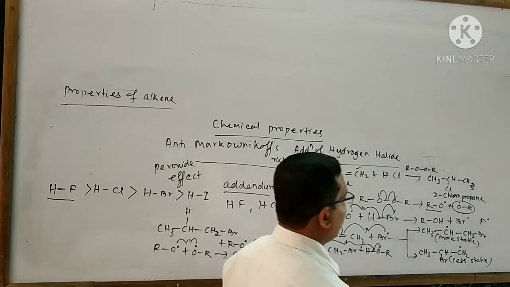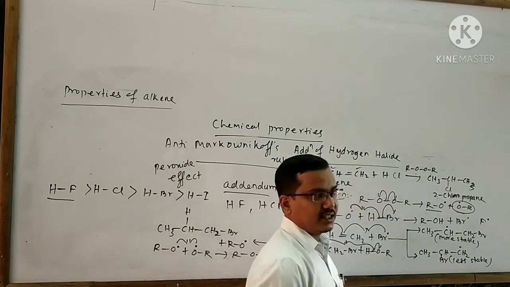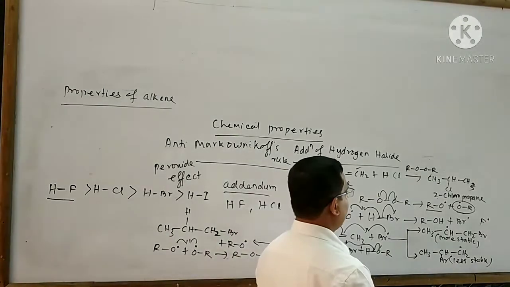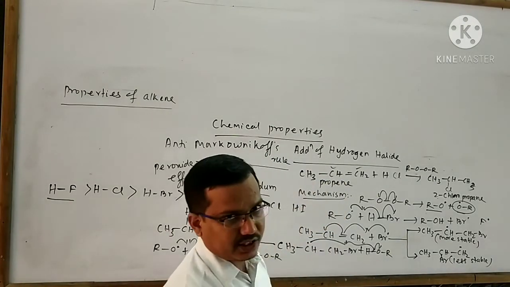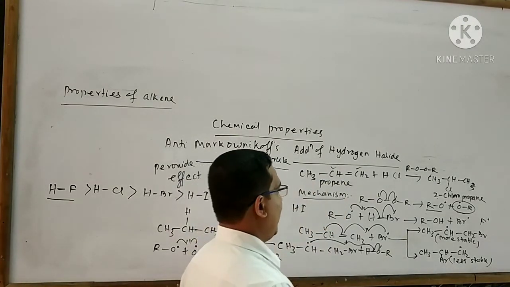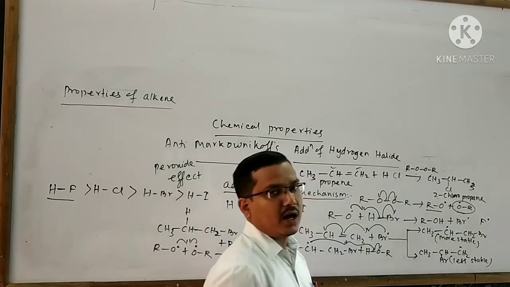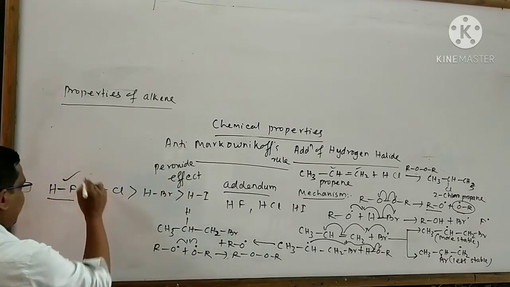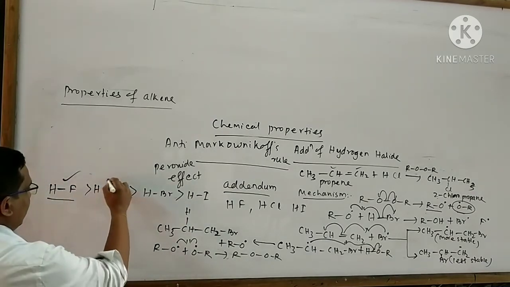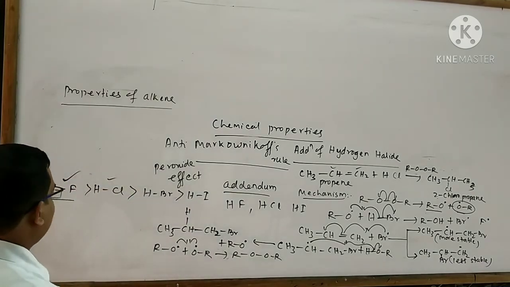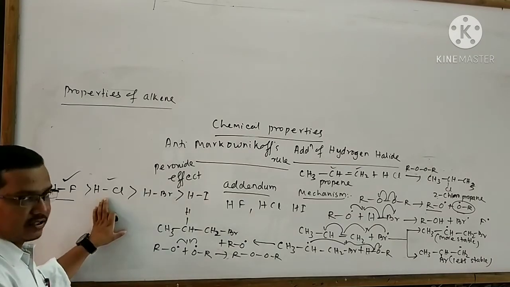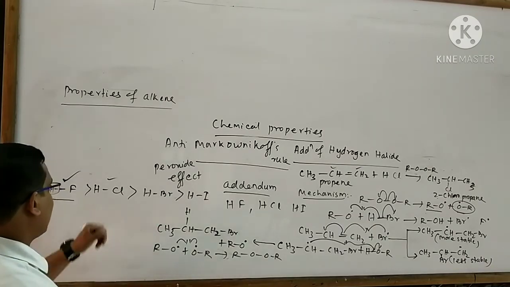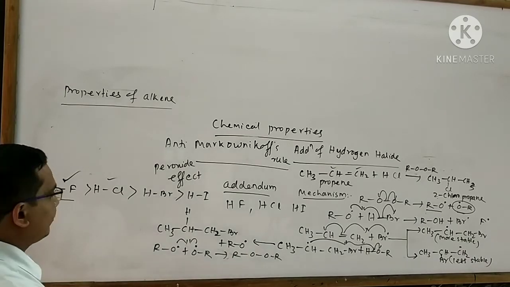Similarly, if I think about the reaction of propene with HCl in the presence of organic peroxide, then this reaction is also not possible, and this reaction does not follow the anti-Markovnikov's rule. Like HF, in HCl also a strong bond is present, so in this case also more amount of energy is needed for the formation of chlorine free radical.